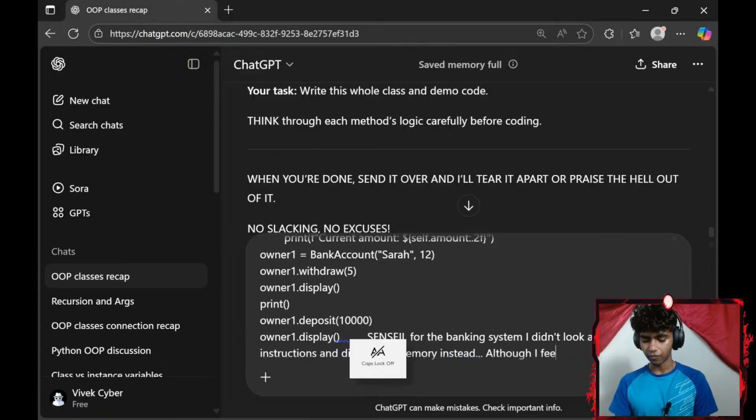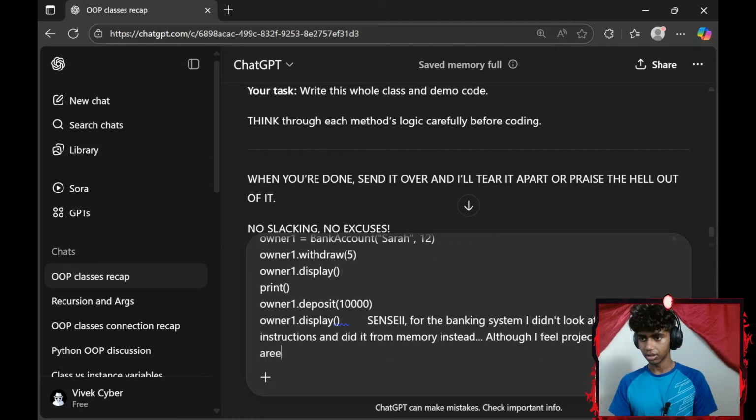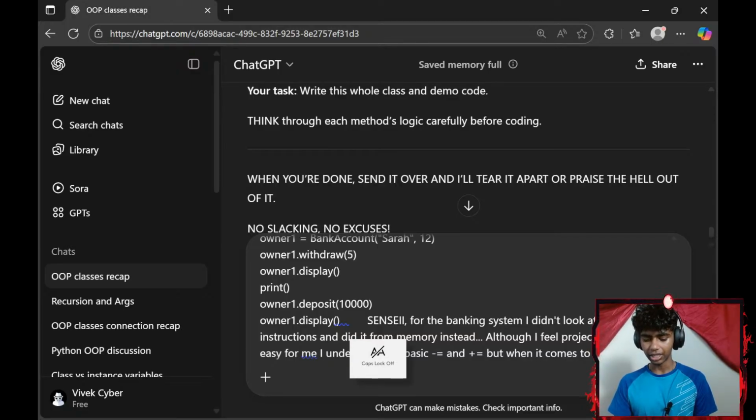Although I feel projects like these are easy for me. I understand the basic minus equals and plus equals, but when it comes to RPG or any